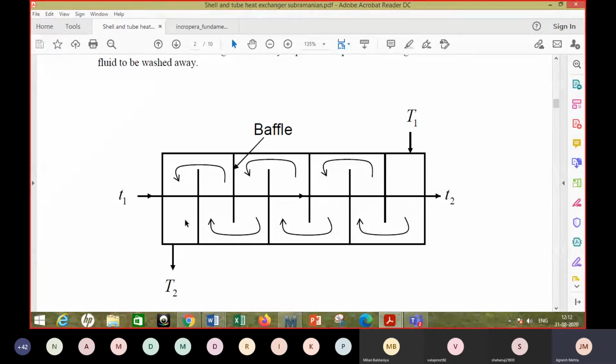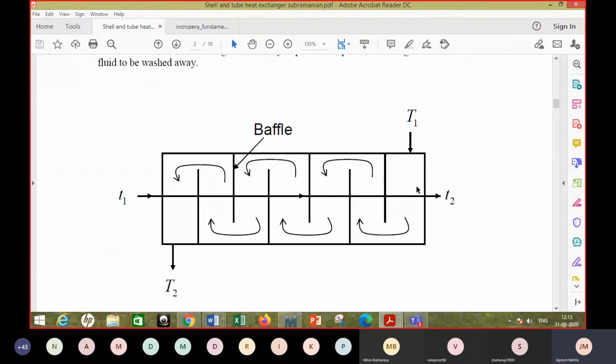if the area is not utilized, it is of no use. Because when it is closed, you don't know what is there inside, whether baffles are there or not, and whether baffles are put at proper distances or not. In that case, you may find that the performance of the shell and tube heat exchanger is very poor. You may say that the U is very poor, but U may not be poor; you may not be actually utilizing the area properly. So this is an important aspect of a shell and tube heat exchanger. So it is neither cross flow nor counterflow.